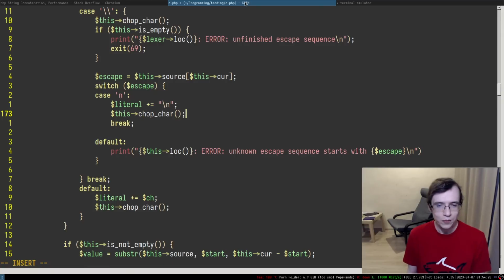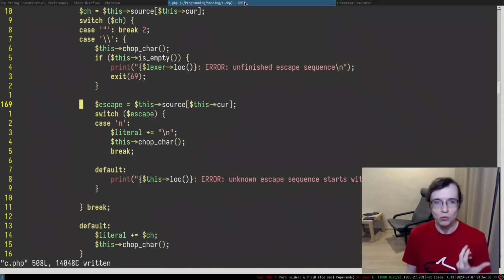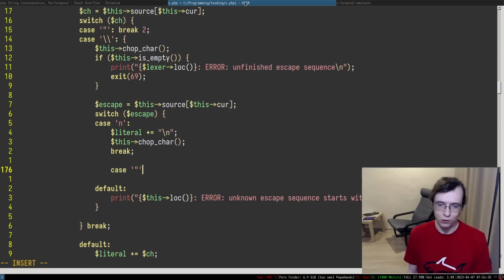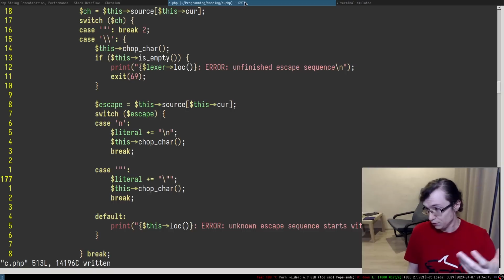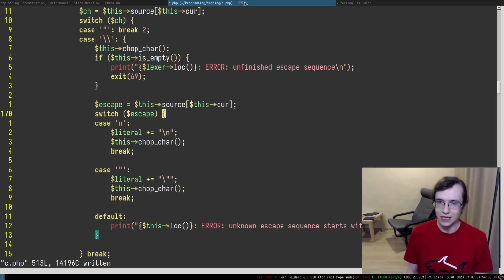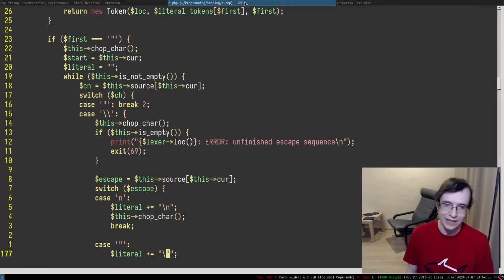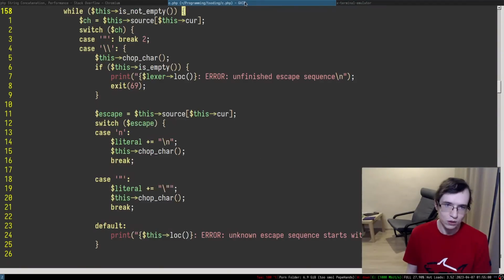This chop character. So the reason why I write such branchy code is because it makes it easier to then add more escape sequences in here. You know what I mean? Even right now, just add double quote, like so. And that's it. So now we also support double quotes, why not? And then even more, as many as you want. You just add a new thing in here, and it just works. Hopefully, we'll see. Maybe something will break in here, but this is how I usually write all of that stuff. So that should be pretty straightforward.